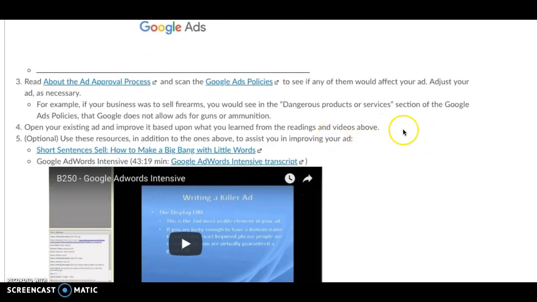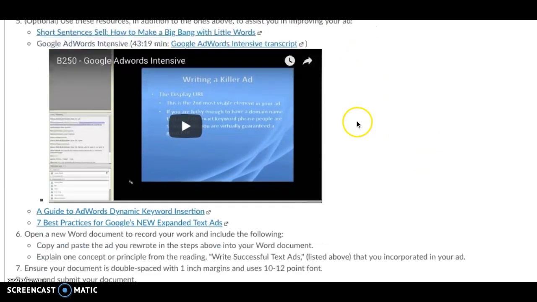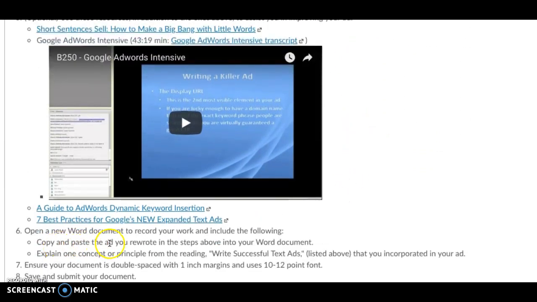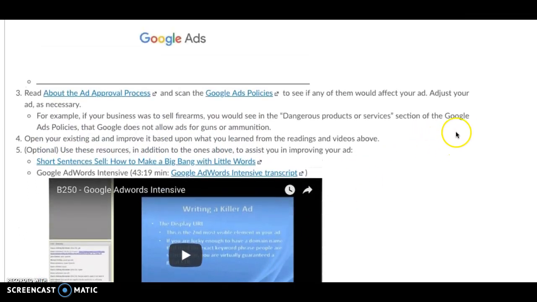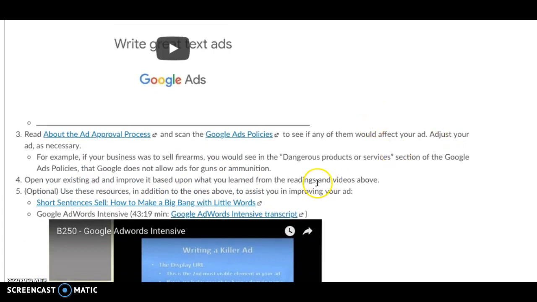The second principle in this is, notice the assignment here says copy and paste the ad you rewrote in the steps above. You're going to write and then rewrite ads, and that's a healthy practice you want to go through for your business in general. You'll want to write and rewrite ads and continue that process of getting better and better.